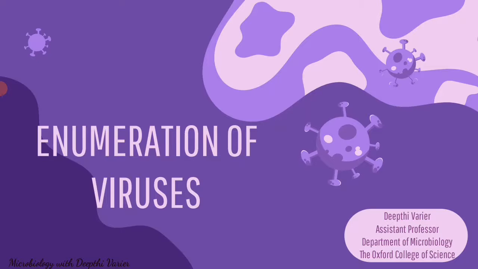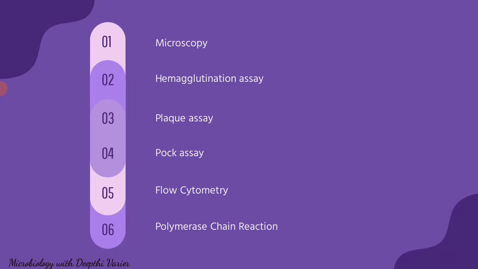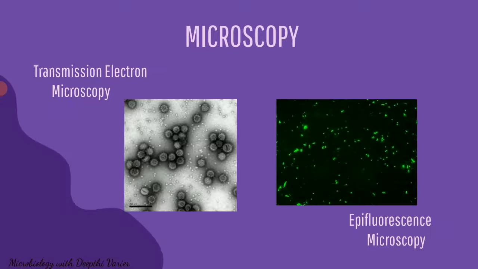So there are different methods involved in the enumeration of viruses. Many methods are in place, and these are some of the methods which we will be briefly looking at in today's lecture. One of the earliest used methods for the quantification of viruses, in fact the standard method earlier, was microscopy. When we say microscopy, we cannot use a bright field microscope because viruses are very small in size. They are ultra microscopic, having a maximum size of 200 nanometers. Hence, we need to go in for another type of microscope, which we call the electron microscope.